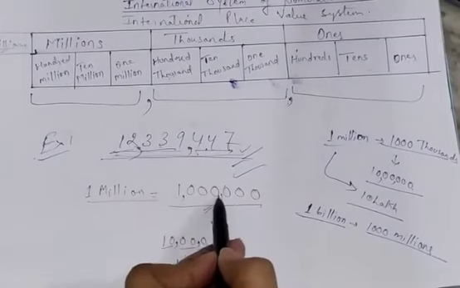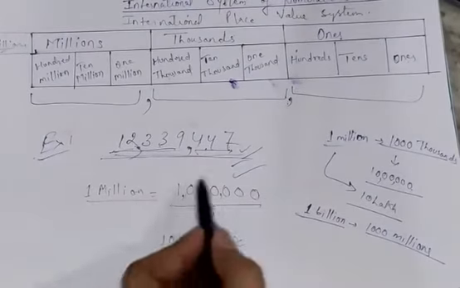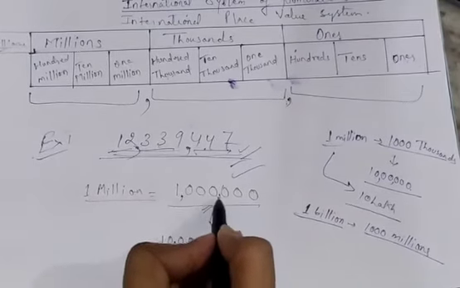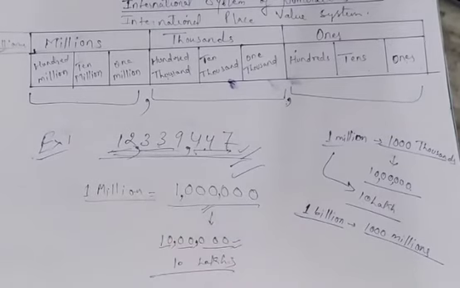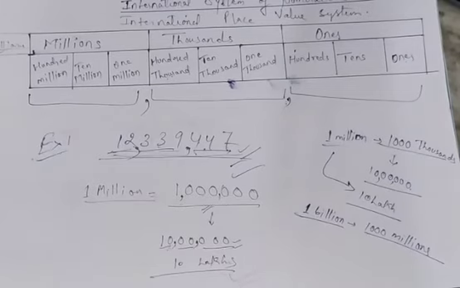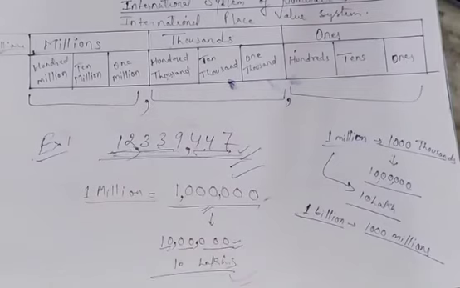One more thing, you know that 1 million can be written as 1 with 6 zeros, like 1 2 3, then comma, 1 2 3, then comma, then 1. So from the last you can see the comma is already there, and we can read it as 1 million. If we want to write it according to the Indian place value system, we put the comma first before 3 digits, then before 2 digits, like 1 2 3 comma, then 1 2 comma. Now we will read it as 10 lakhs. So this is the Indian place value system, and this is the international place value system. I hope you understand it.